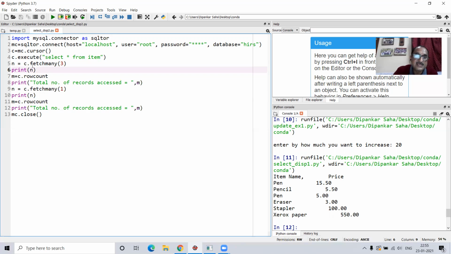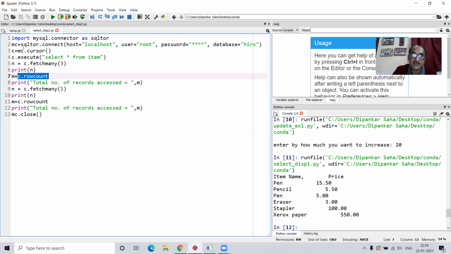So when you accessed these 3 records by using the fetch many function, the cursor will also move 3 records. Fine. So if you write this keyword row count in connection with the cursor object, c dot row count, it will show you the exact position of the cursor in the result set.